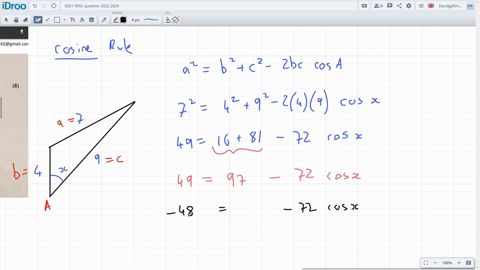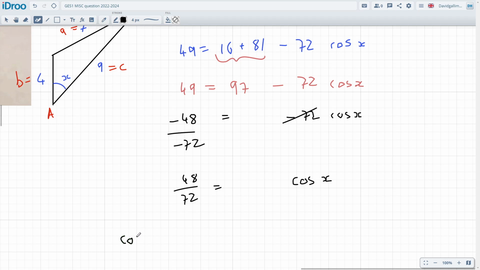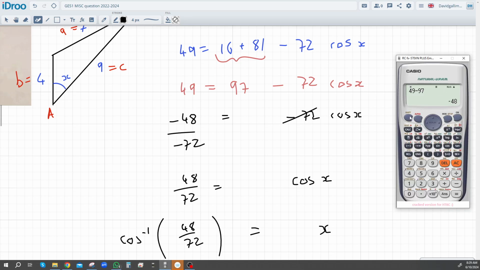Now we're going to divide down by that negative 72. That's going to make this positive. Okay, and then we're going to have, I suppose, 48 over 72 is equal to cosine of x. And then to solve for the cosine, we've got to use the inverse cosine. So cosine negative 1, all of this stuff will get me my x value, hopefully, 48 over 72. All right, I can just type it in like that, hopefully. So let me get my calculator. We'll do shift cosine to get the inverse cosine. 48 divided by 72, close those brackets up. We get